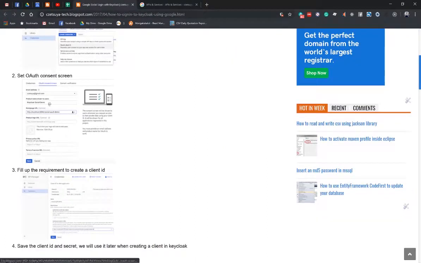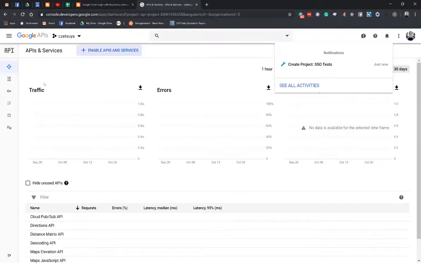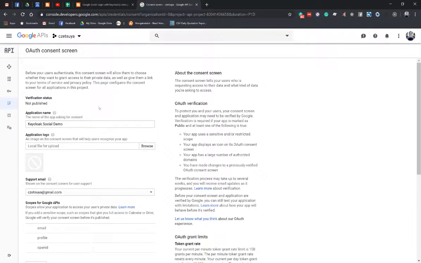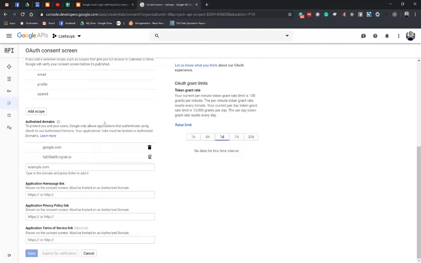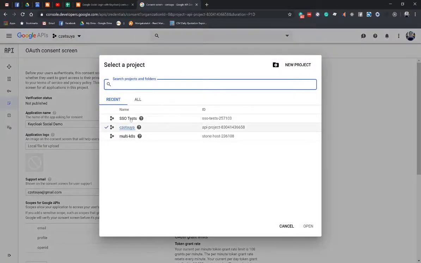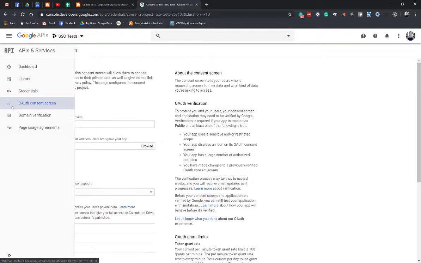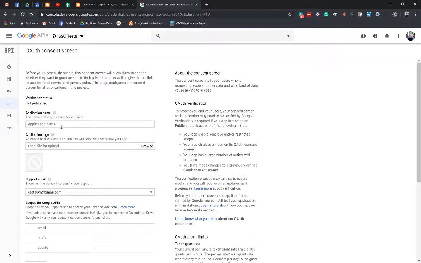Once the project is created, we need to set the OAuth consent screen, which is this one. Let's go to the SSO project first. After creation, we need to select it again from the top left, and go to the OAuth consent screen, and